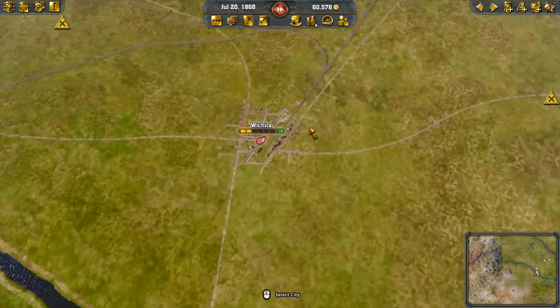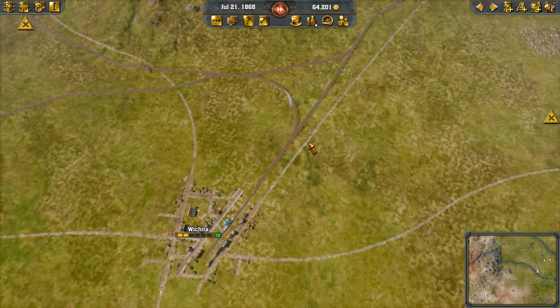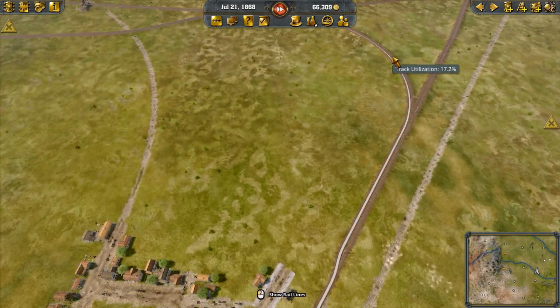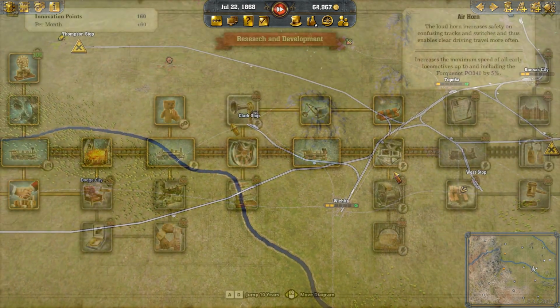And at some point, of course, we do want to look at adding extra platforms in at Wichita, because the more we bring in, the more likely it is our trains are going to be sat here waiting for one another to get off the platform. Just looking at the